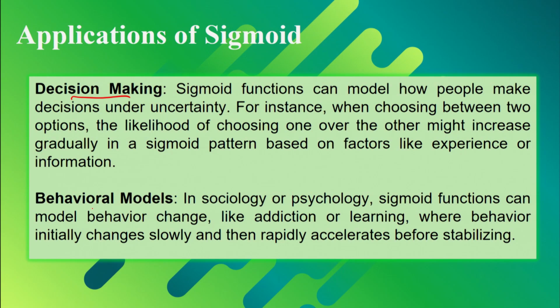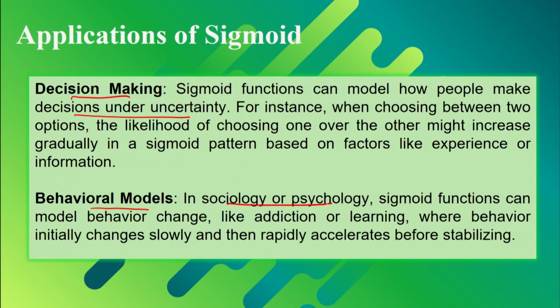Now, moving on to the other applications of decision making or behavior models, these sigmoid functions help to make decisions under uncertainty. For example, we wish to choose between taking into consideration the experience or the information of any real world application, and they help us in decision making. And in behavior models, you can see a sigmoid function behave like